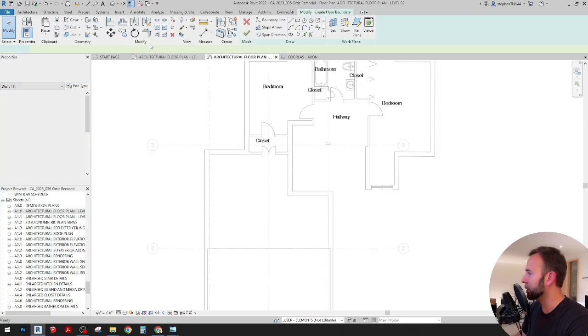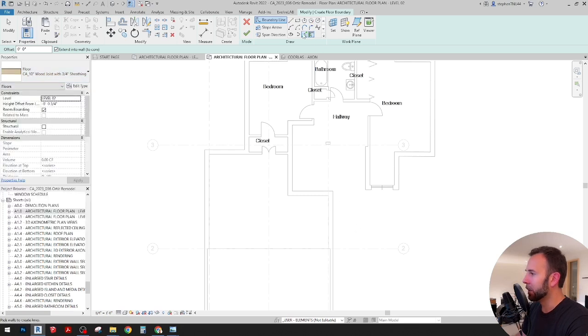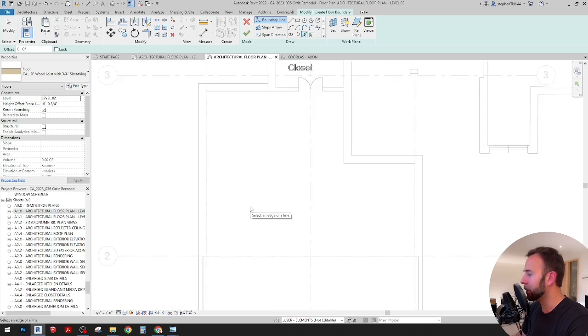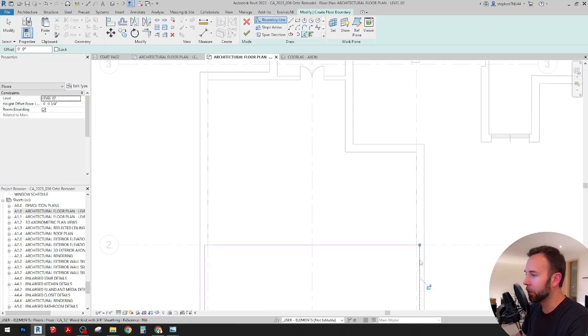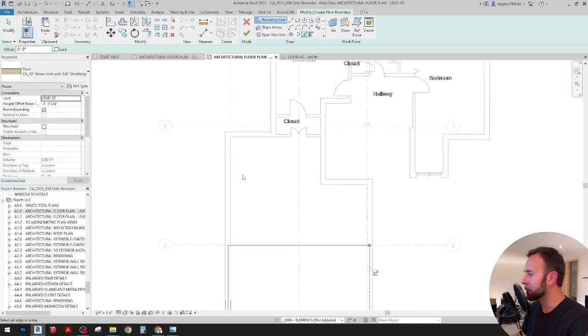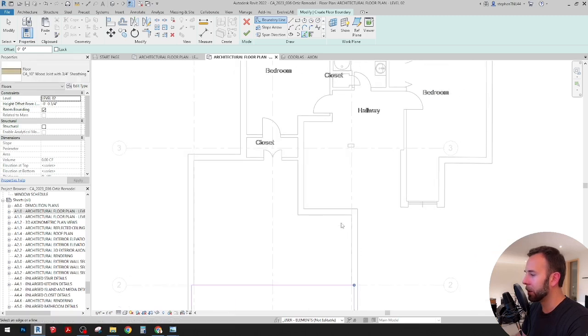So I'm going to take a look at 2x10. And for this one, we got a detailed view on. For this one, we'll align it with where we were, and we'll sort of track along